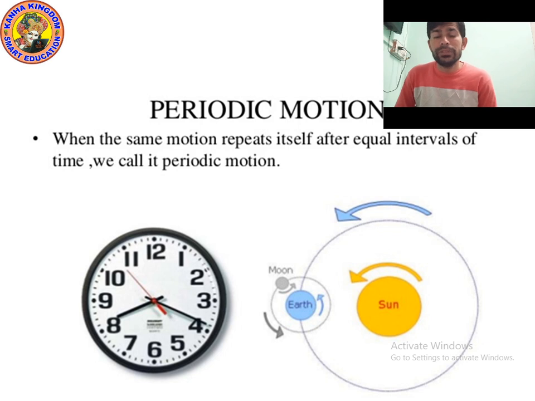And if we talk about the minute needle, it will also rotate its motion, but after every, when will it rotate its motion? Yes, after, tell me, after,